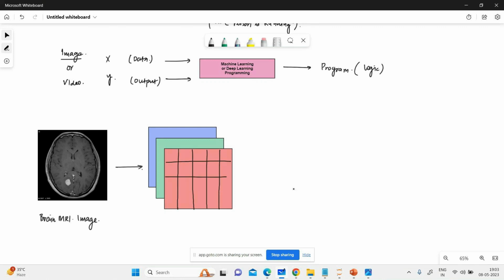Each of these square boxes will have a number that ranges from 0 to 255. There we go, we have red color, green color, blue color. These are your color pixels. Now, what happens in the machine learning approach is